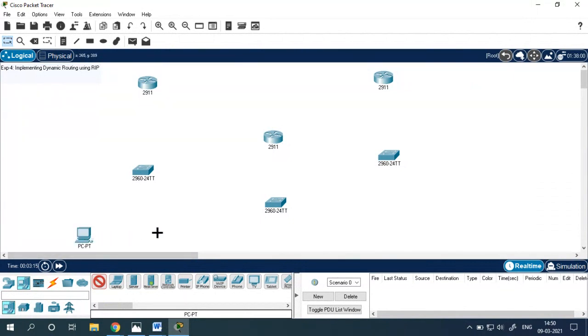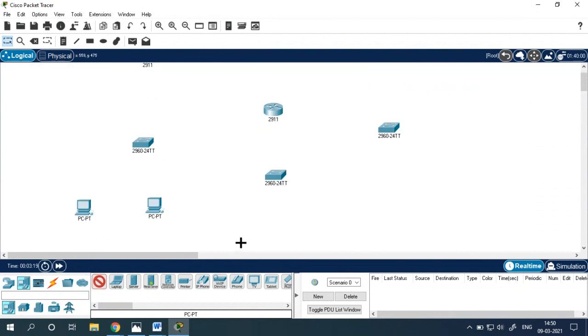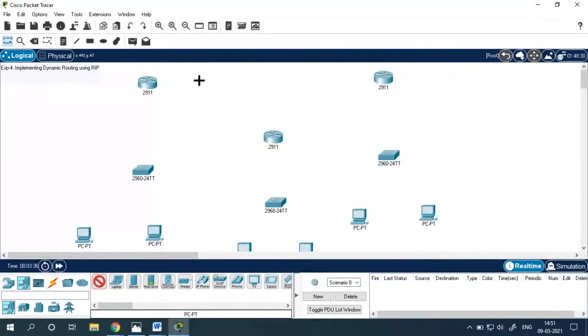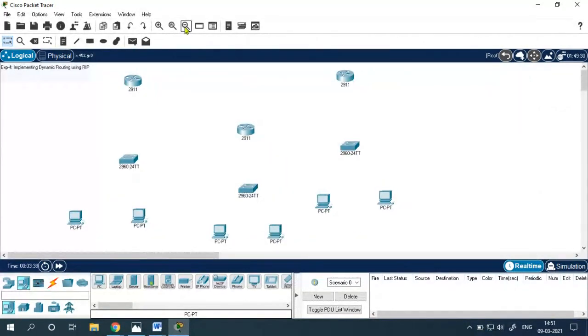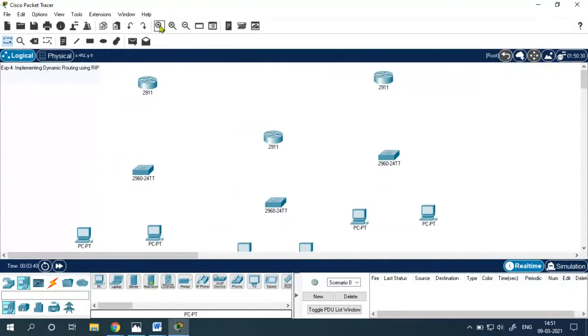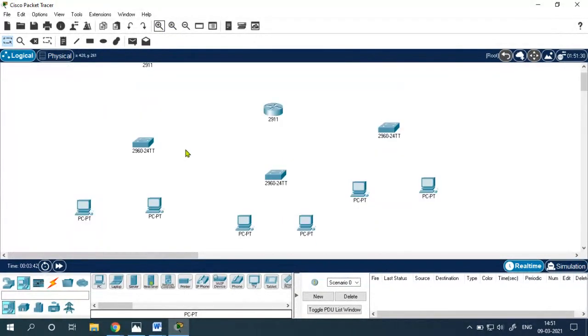PC1, PC2, and in this network also, let me take 2 PCs. I think 2 PCs are sufficient for our experiment. I can zoom in a little bit, but zoom out. This size is fine. Now I want to set up.